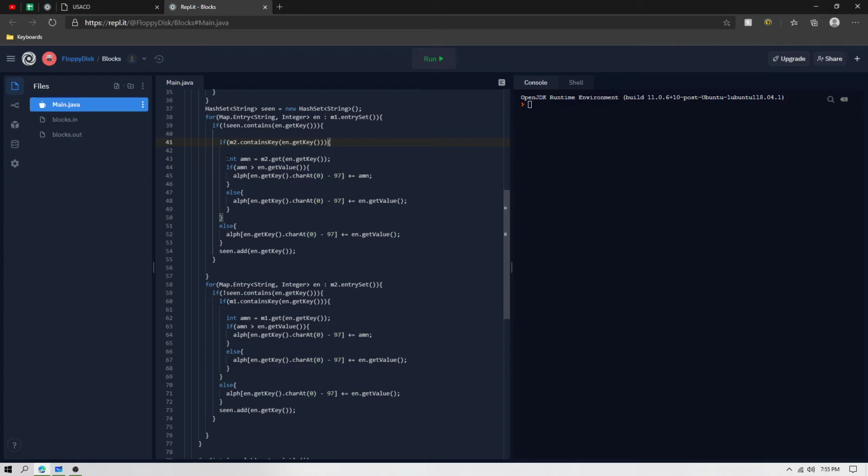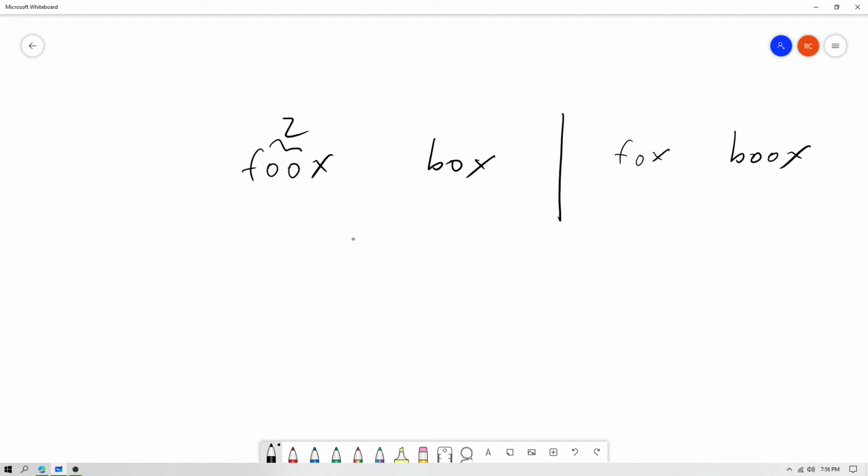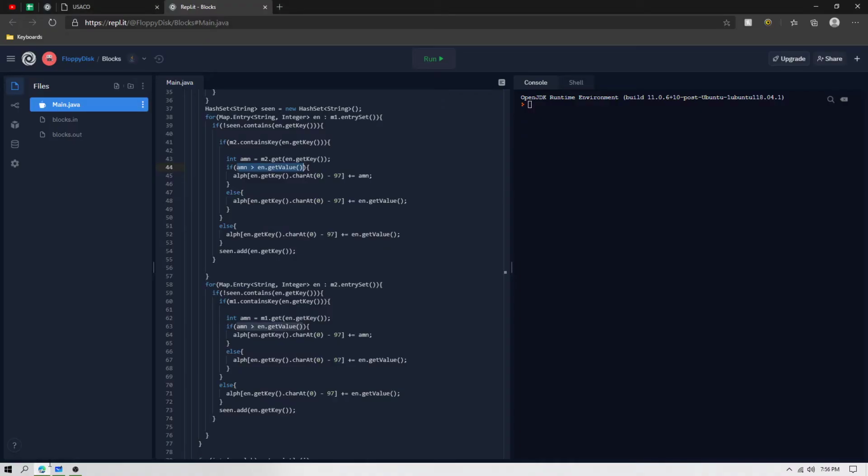If it does, we get the amount of times it's been seen, and if this amount is greater than the amount of times in the other word, then... let's say we have two cases, fox and foox. You can see that this is 2 and this is 1, and so our code would check